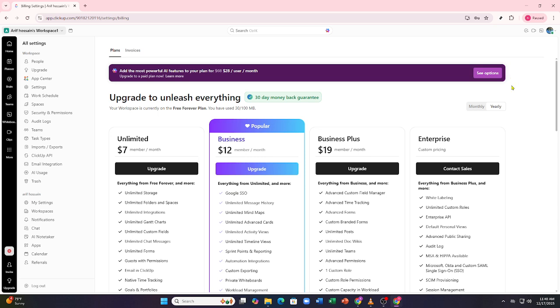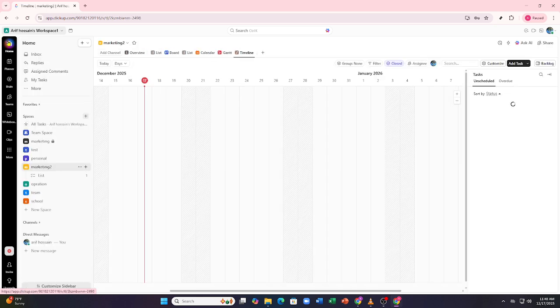And that's it. By organizing spaces, using tasks and subtasks, leveraging views, automations, dashboards, and integrations, ClickUp can help you